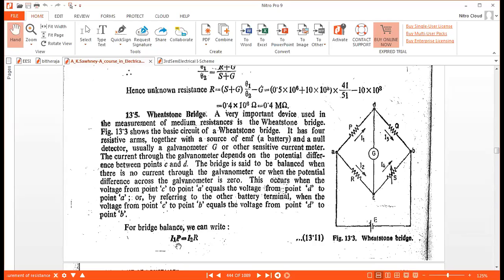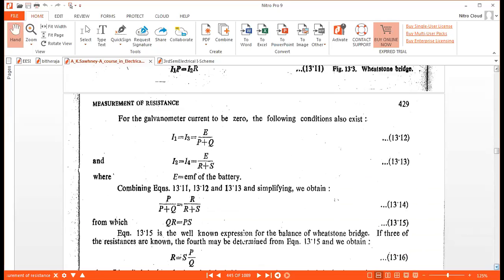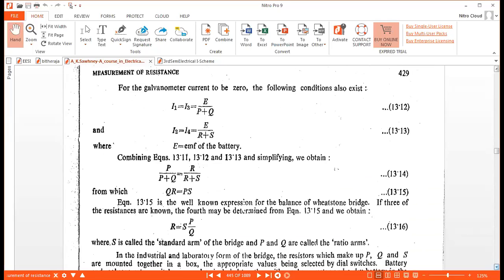From this we can say I1P is equal to I2R. So I1P is equal to I2R, when D and C are equipotential. So for the galvanometer, when the current is 0, I1 is equal to